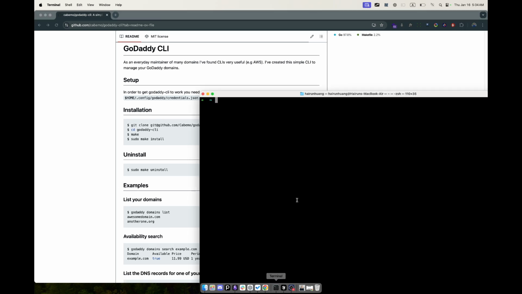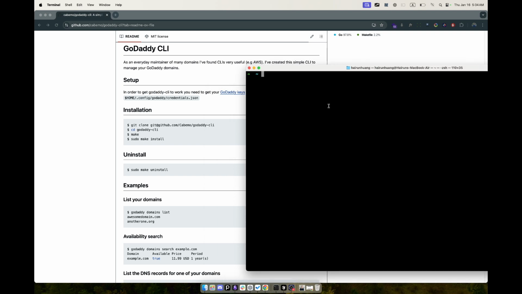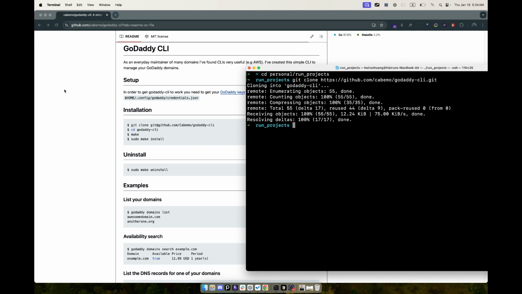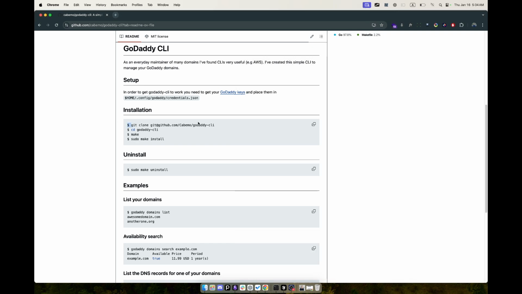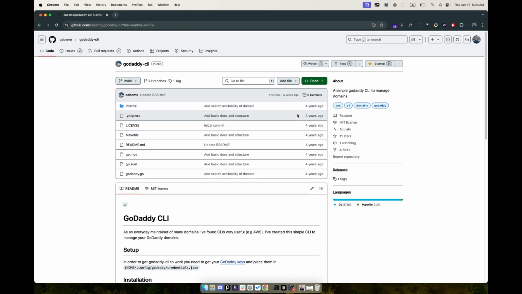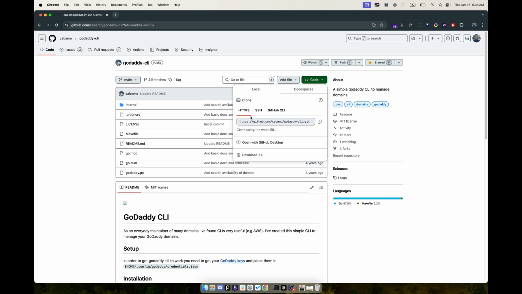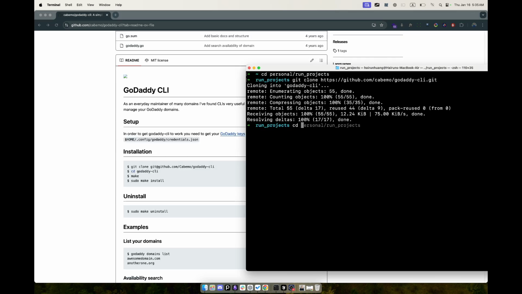First, open our terminal again, and you can put it anywhere on your computer. For me, I like to put it in my personal project folder. So let's do git clone. Okay, and by the way, don't use this command because it might not work. Use this code and then the HTTPS one. cd into the GoDaddy